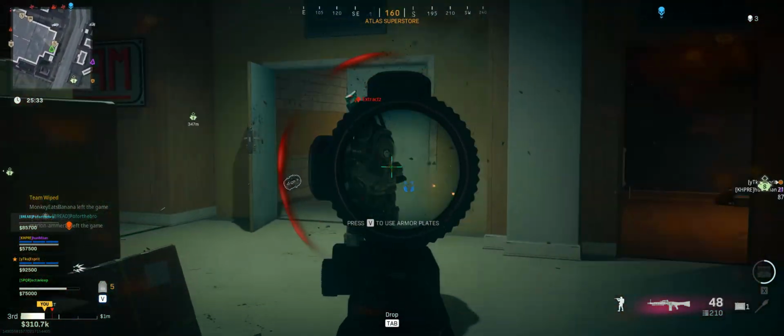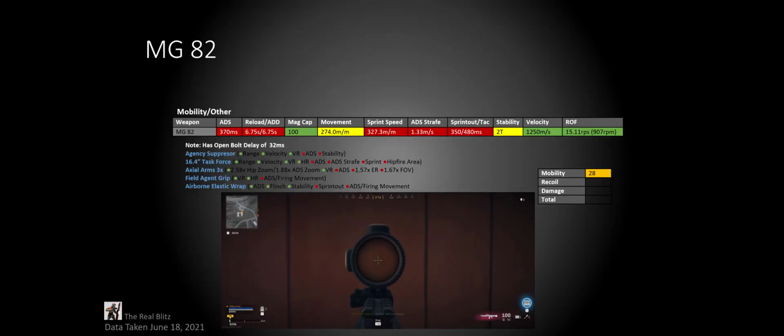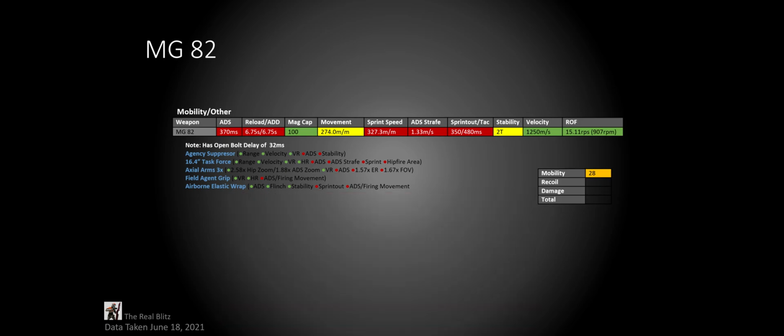So let's break down the stats, starting with mobility. Its ADS time isn't the greatest at 370 milliseconds, but when you compare it against Cold War and Modern Warfare LMGs of the same class, you'll find that it's aiming down sights 80 to 100 milliseconds faster. And since it has an open bolt delay of 32 milliseconds, that plays a major role in beating every single other LMG. You'll even be able to aim down sights just as fast or slightly slower than many Cold War